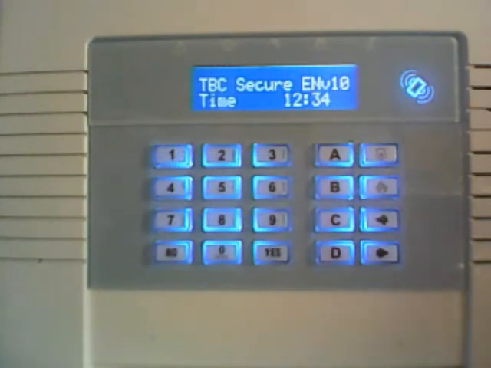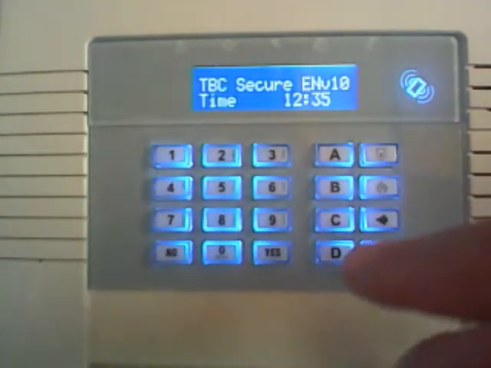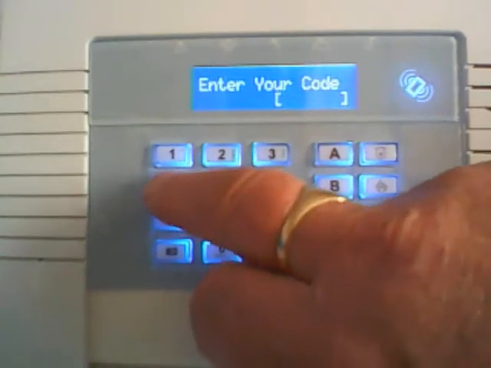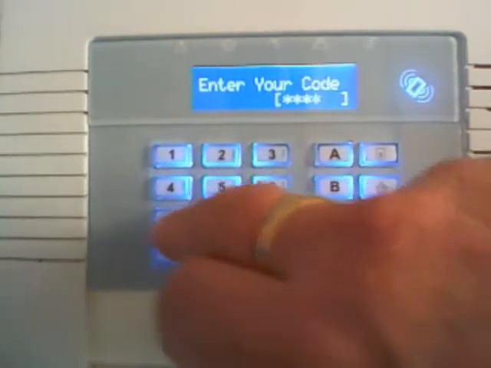For this method, it requires your mobile phone to set up and the control panel. And if you have not been able to set it up with the first original video, this is the second option. So to start, press the D key, followed by your 6-digit master manager code,